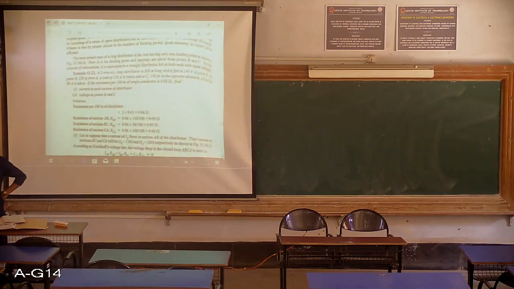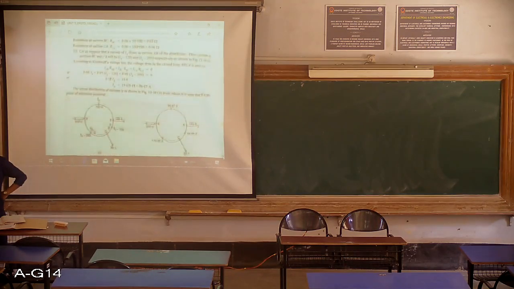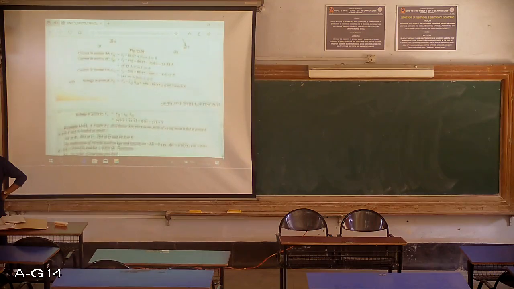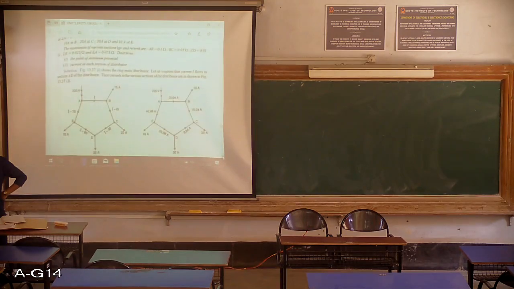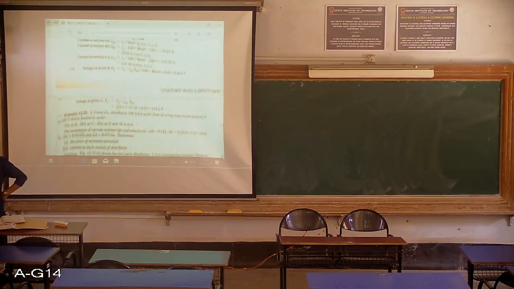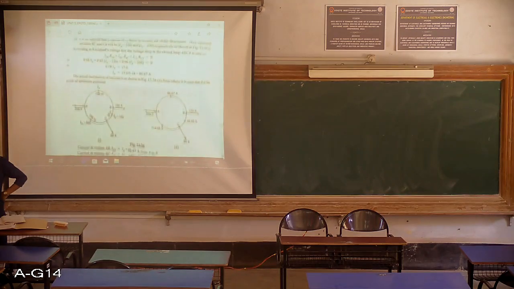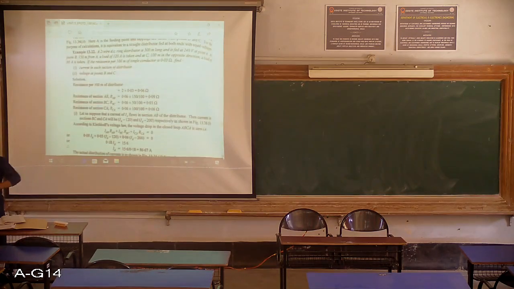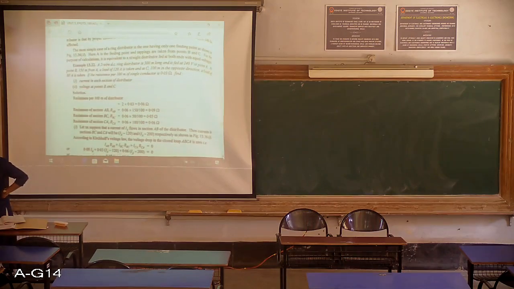Okay, so here we'll again take up a similar problem. So just see here now, I'll quickly cover it. Okay, so a 2-wire DC ring distributor is 300 meter long. So that ring length they have given as 300 meter long. It is fed at 240 volts from point A. So one point they have told that from that point it is at 240 volts.